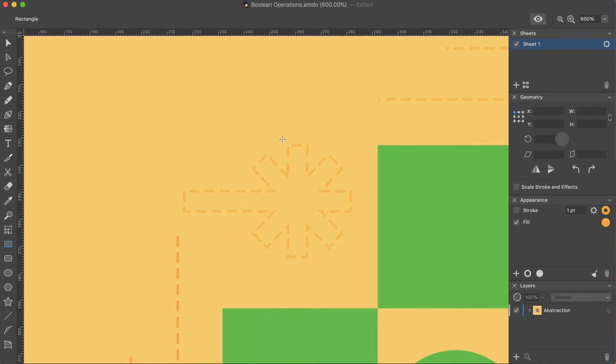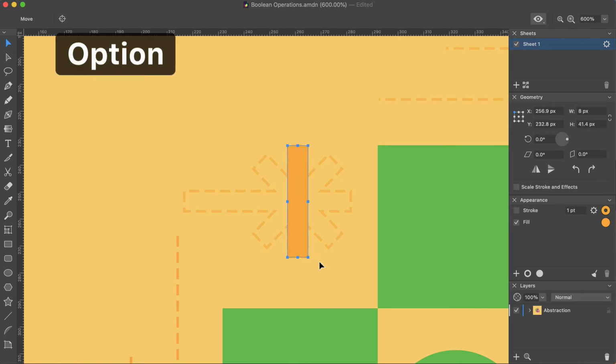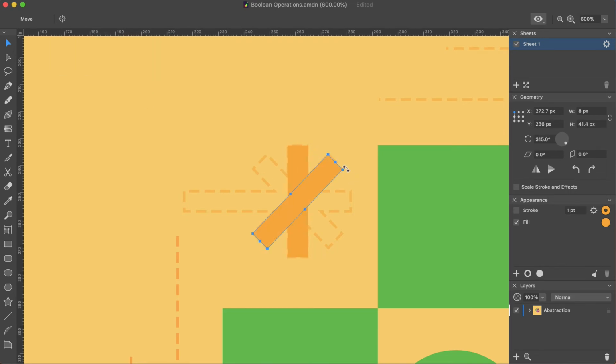To create a propeller stick, let's start with drawing a rectangle, a slightly elongated one. Then, holding the Option and Shift keys, we can rotate the rectangle 45 degrees and release the mouse. Repeat this until you have 4 rectangles that form a star. Now you can extend one of the rectangle's hands to make it look like a stick.